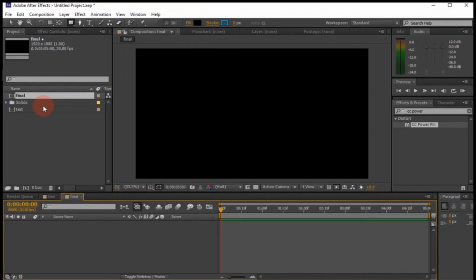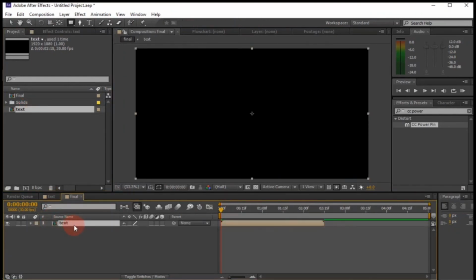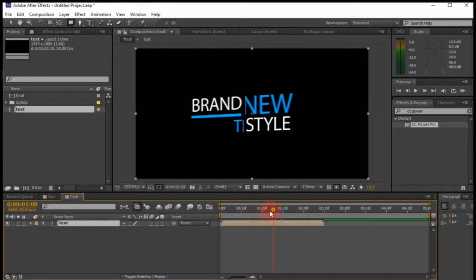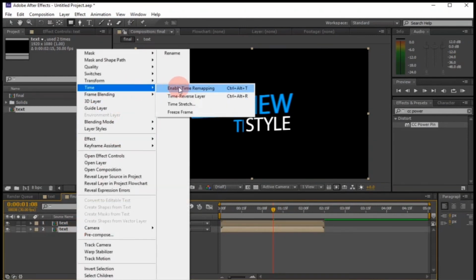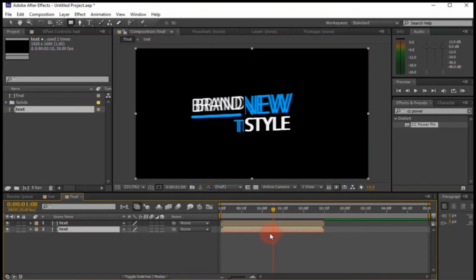Now open the final comp and place the text comp inside the final comp. Make a duplicate of it. Then right click on the below layer, go to time, then time reverse layer. Place the second layer at the end of the first layer.